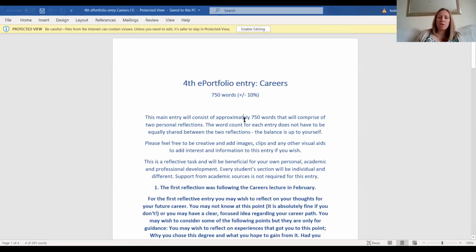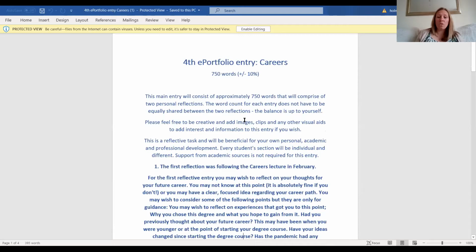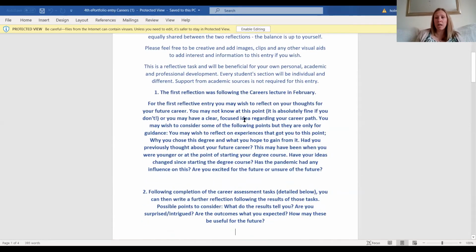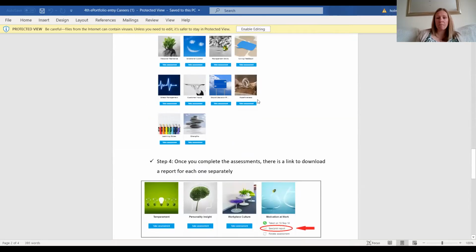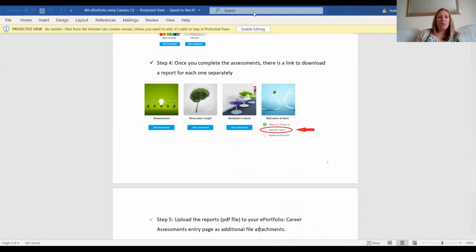And so again, you've got your 750 words, which are your reflections really on your careers journey and where you're up to and so on. And then you've got your 3 career tasks there to complete on there. Okay, so hopefully that's helped you with your attachments. So now we're going to go and have a look at the actual e-portfolio and see how it's all working and make sure that it's all